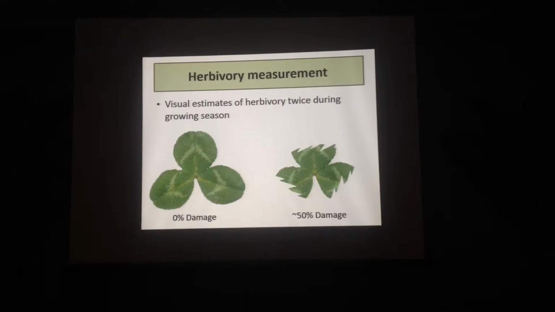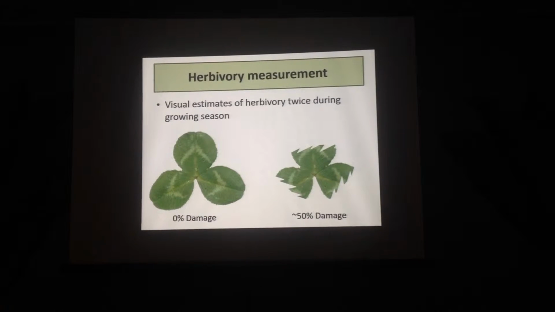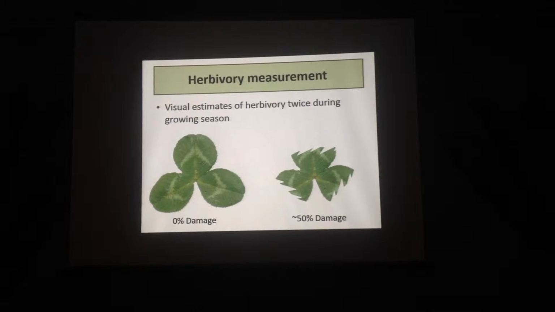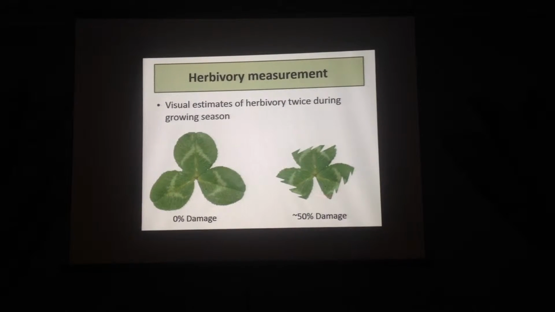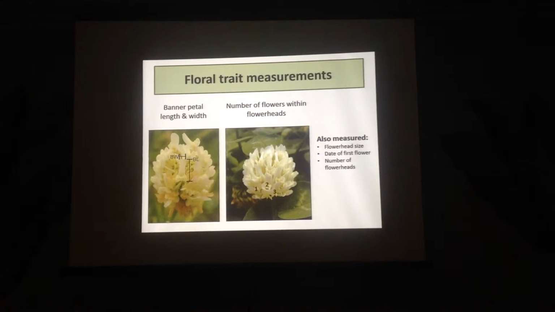So I made visual estimates of herbivory twice during the growing season on 5 haphazardly chosen old leaves. So in this extreme example, there's 0 damage here and 50% damage here, and there were obviously bigger variations between them. I measured 7 floral traits, but I'm going to